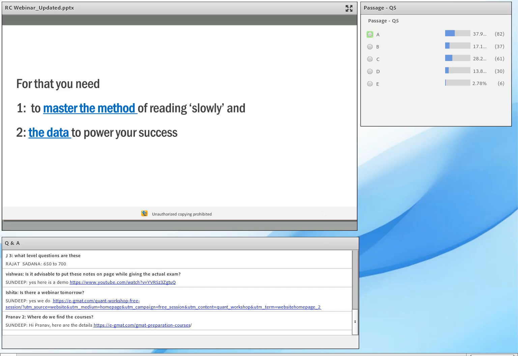Now, to get to that 90th percentile, you need to master the method of reading slowly. Read one passage every day. Read one article on The Economist, but read slowly. And I like to say read a passage rather than an article, because on the e-GMAT course, you have over 140 passages which are made by us, plus about 100 official passages with their explanations. The reason is that we tell you how to read the passage, what you should infer from every line. And if you do this, you're going to find you improve within a week.